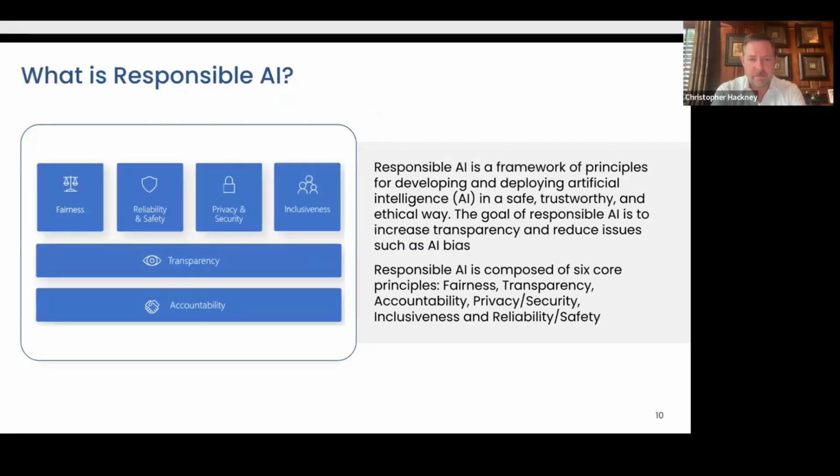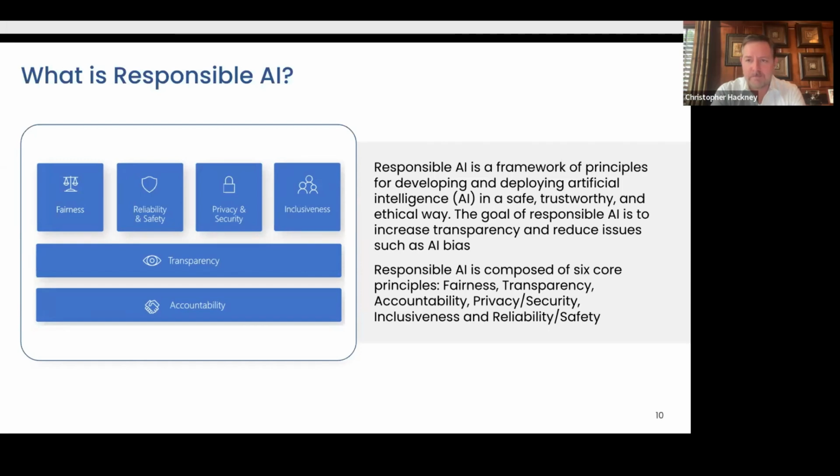So when we look at these risks and we look at the societal potential or impacts of them, we really come back to responsible AI as the key framework for managing these that you should take into consideration within your own organization and your own role. Now, responsible AI is simply a framework of principles for developing and deploying artificial intelligence in a safe, trustworthy, and ethical way. The goal of responsible AI is to increase transparency and reduce issues such as AI bias. Within responsible AI, there are 6 core principles we are going to talk about and help you understand. These principles are fairness, reliability and safety, privacy and security, inclusiveness,